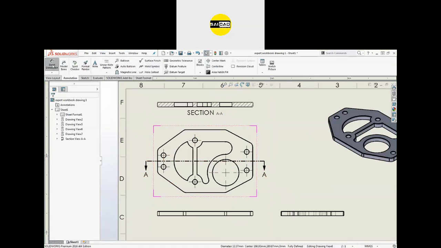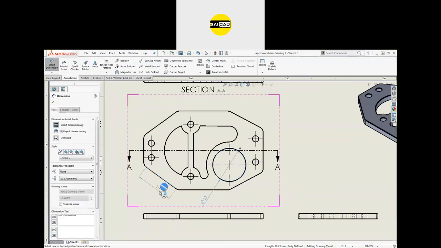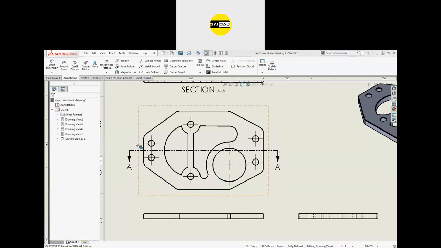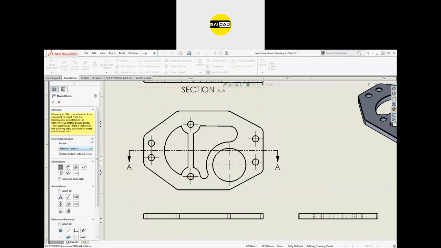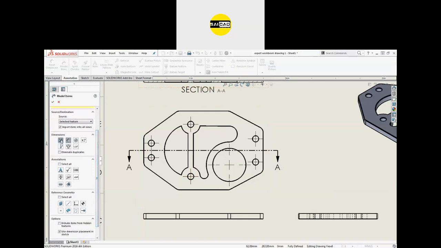First option is you can just create a dimension here, like I want to define a radius, diameter, or a length. Okay, like that you can create that, but we don't have to just draw the dimensions here, because we have created these objects with the help of dimensions. So all the dimensions from that sketch can be imported inside the drawing sheet. To do that, go to the model items. Okay, now in the model items, select what you want to show. I want to show the dimensions, so select the first two options. Okay, only the first two options.